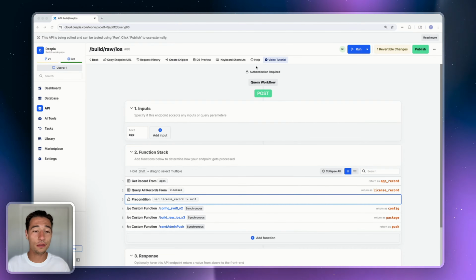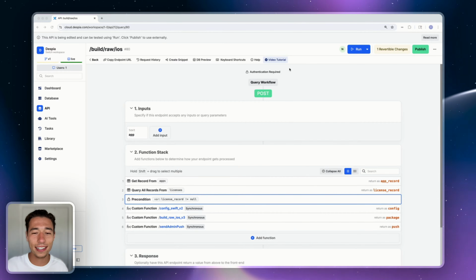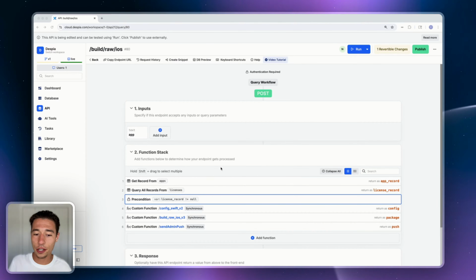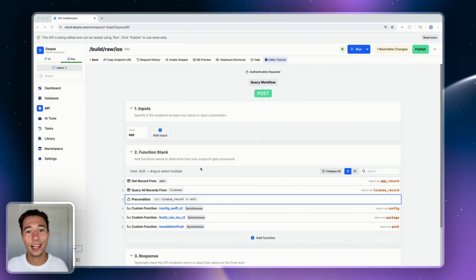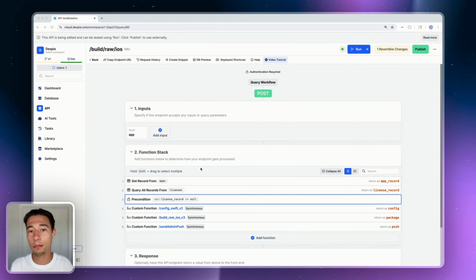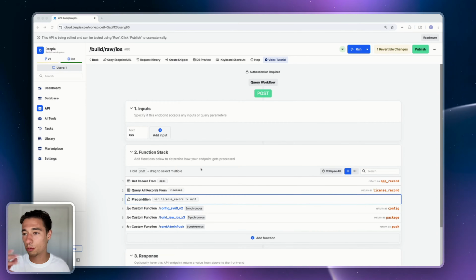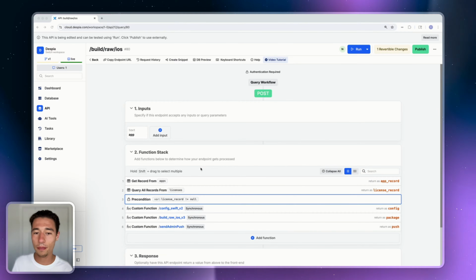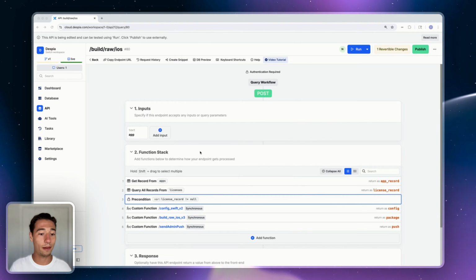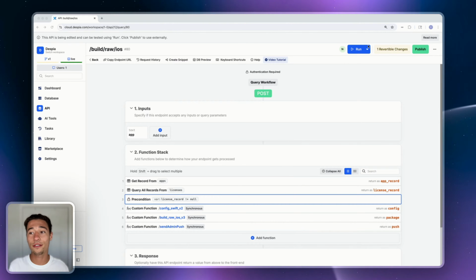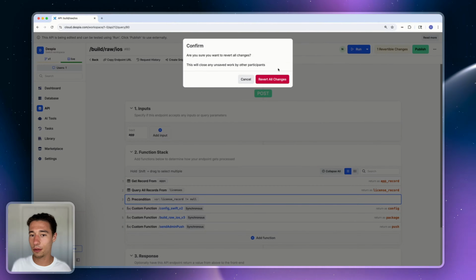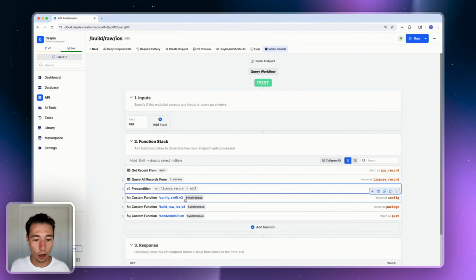You see, I just found a security issue in my API. I was able to start correcting it within a matter of seconds. I just add a few more Legos into this API. I will be able to now improve the security within a matter of minutes, and I don't have to rewrite the code and work with the syntax and look at Stack Overflow, how was that formatted again. I don't have to write it. The ability to just drag those elements in there and build fully functional stuff is amazing. But let's just actually revert this, and then I'll do it later after this video.